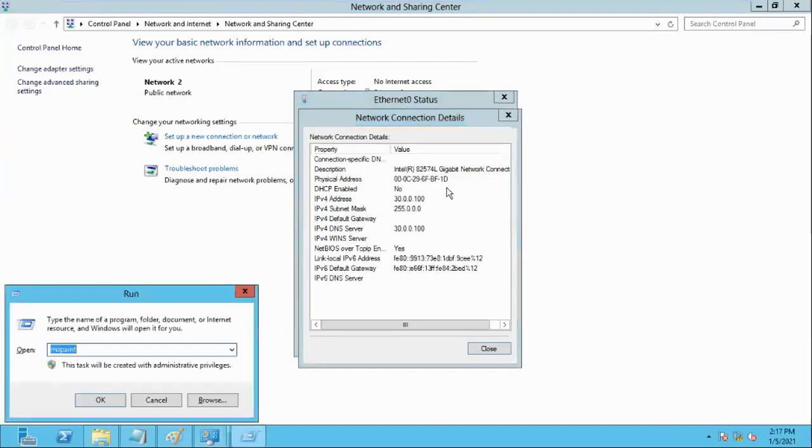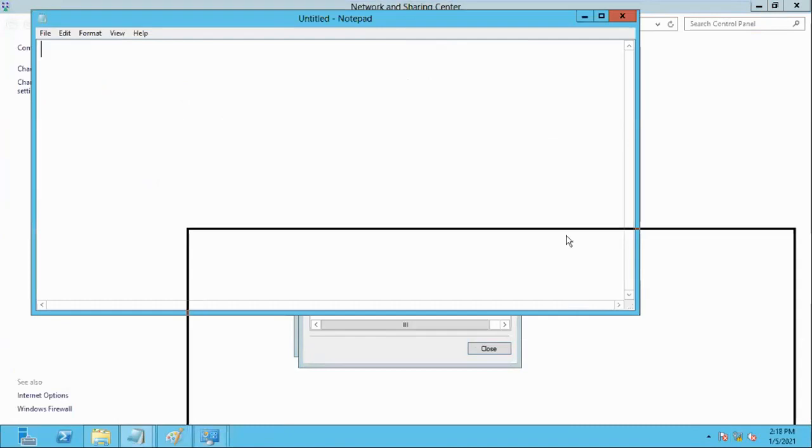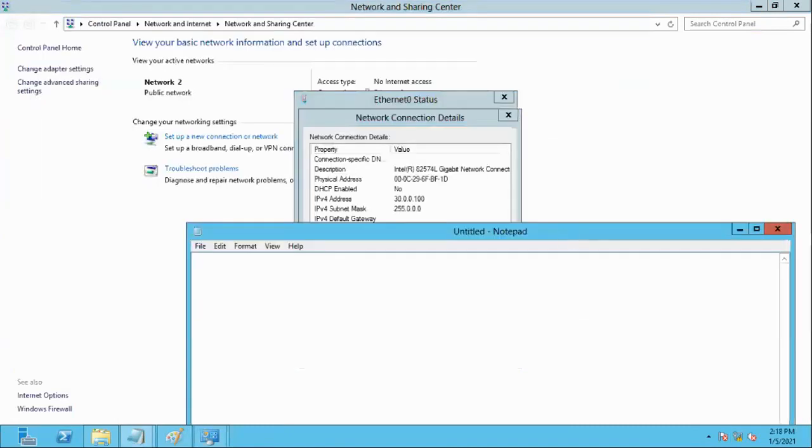It is 00-0C-29-6F-BF-1B. This is the MAC address.